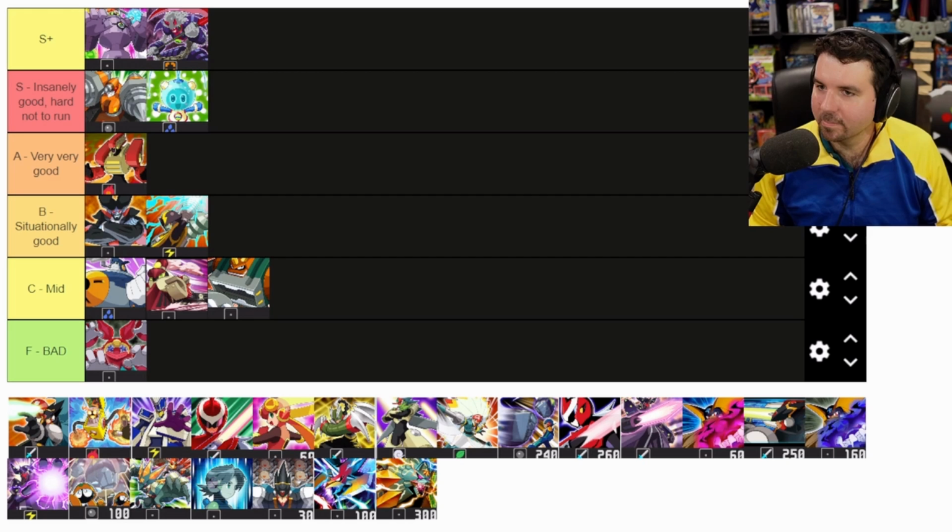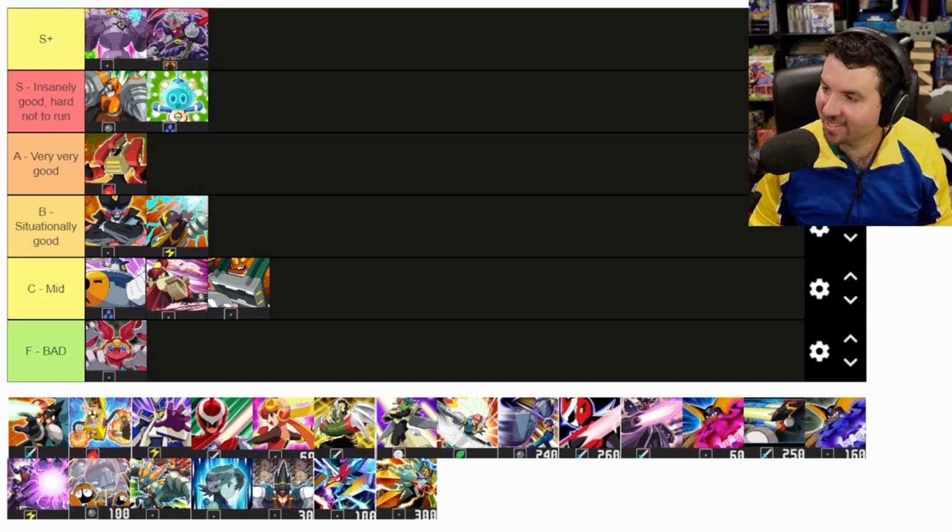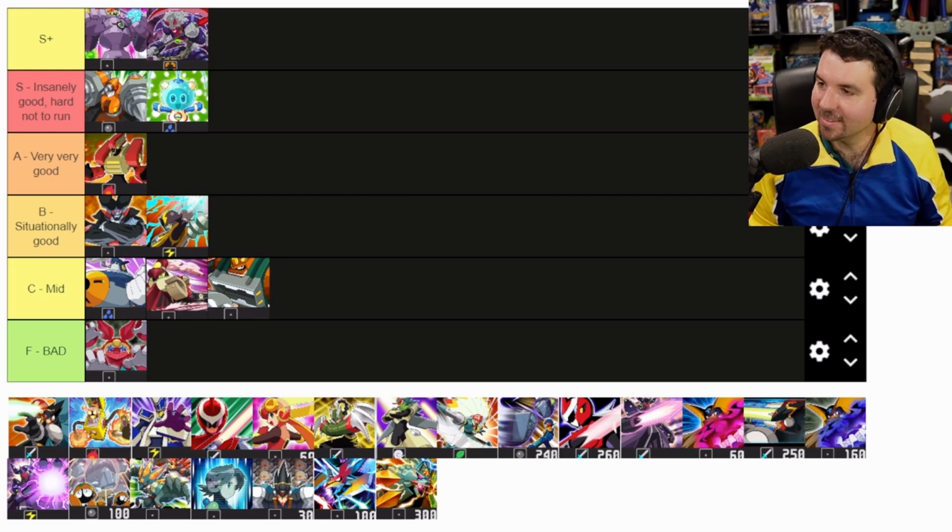This is crazy coming from me. Okay, I'm ready for crazy. But I would put him in A tier. Ooh, wow. Okay, I want to hear this reasoning. Let's hear it. I was thinking B. Let's hear your A. So the reason why I put him in A tier is because the area of effect